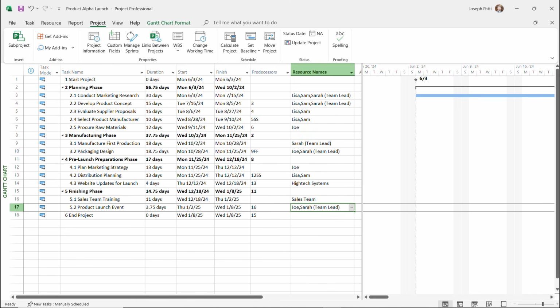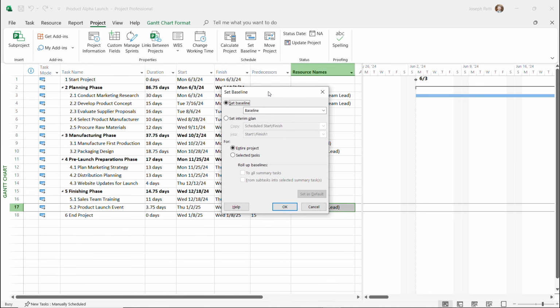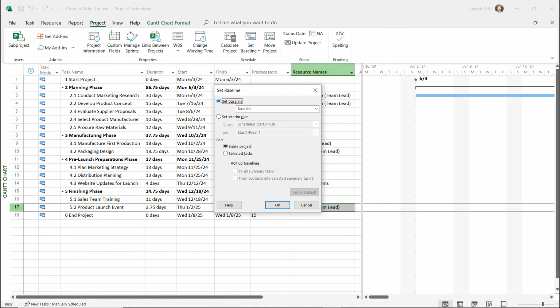The first thing we're going to do to set a baseline is go over to the Project tab, go over to the Schedule command group, and click on Set Baseline. I'm going to give that a click, and you'll see we can either clear a previous baseline or set a new one. And I'll click Set Baseline. It's going to pop up this dialog box where you can set your baseline, and you'll see here that we have up to 11 options. I'm just going to choose the first option, and I'm going to set it for the entire project, and click